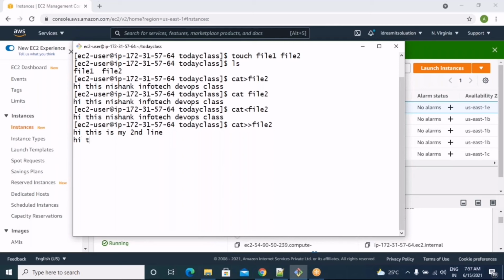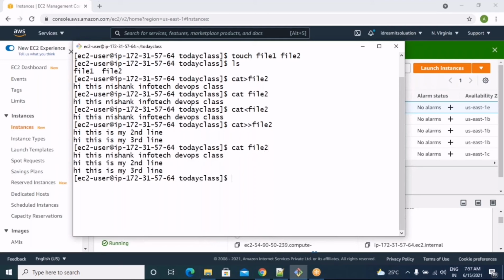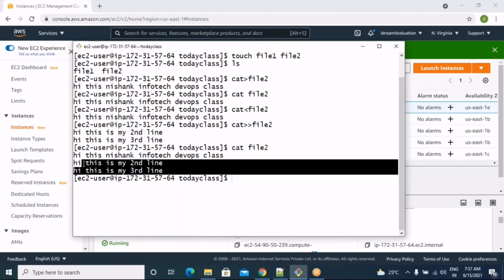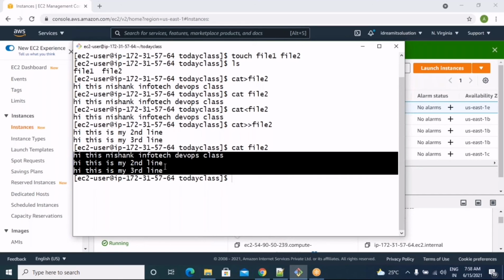Hi, this is my third line. Okay, so Control D. Now cat file 2. See, so this is another way to create a file.